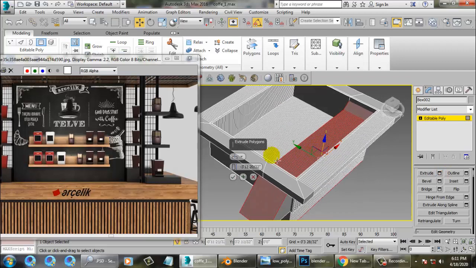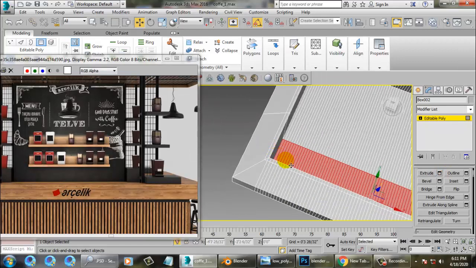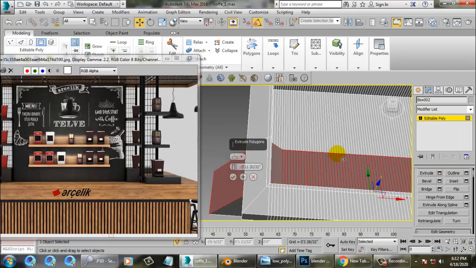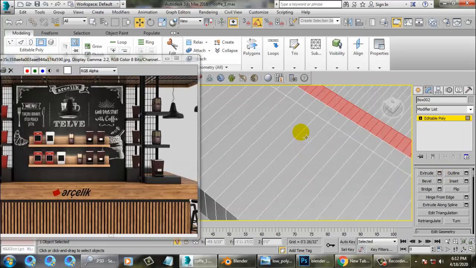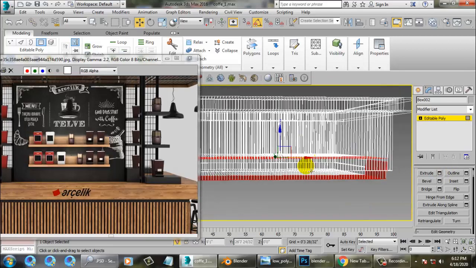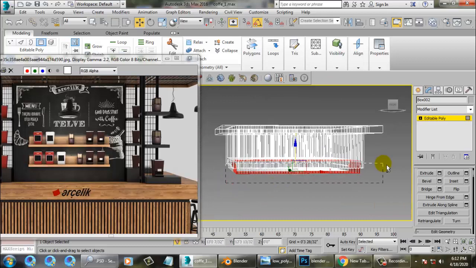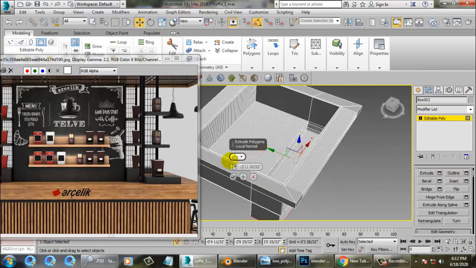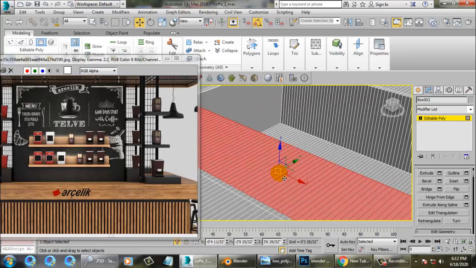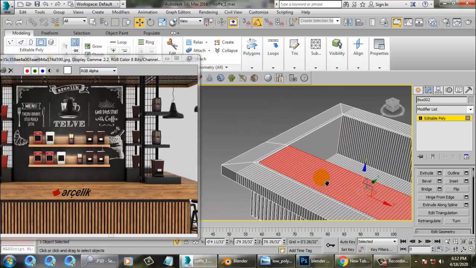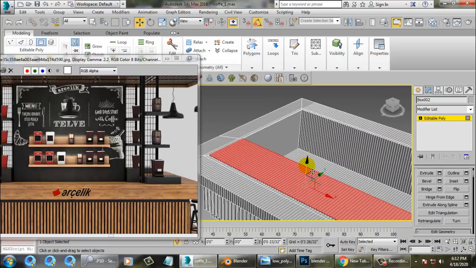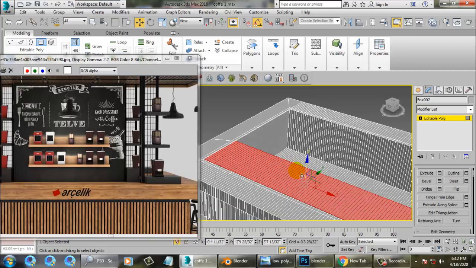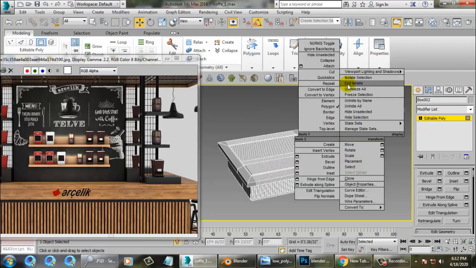Oops, you don't need the last one. Oops, you have selected the base also. Just remove the base part and extrude this out. Alright. Looks much better. Okay, and isolate this.